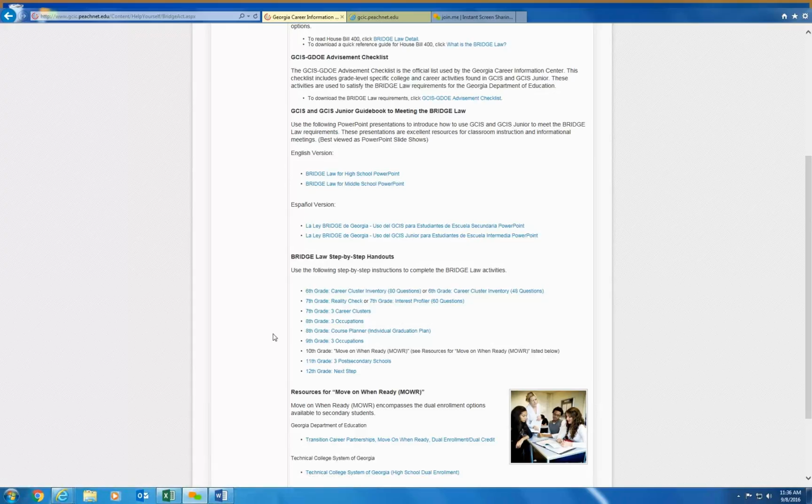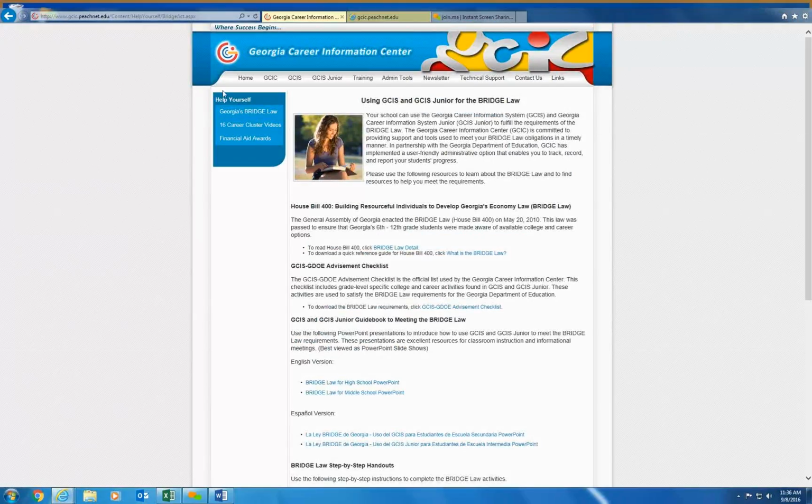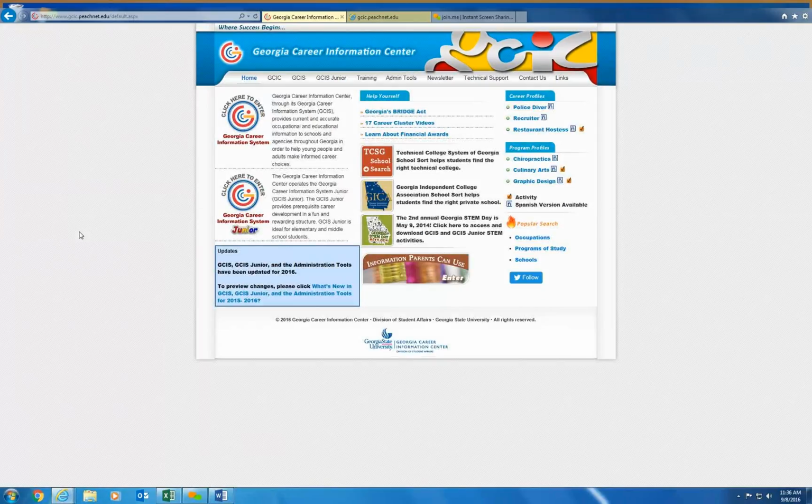So let's go ahead and take a look at all of the information that is available in our system. I'm going to go to the upper left-hand corner and click on Home, and that will return me to the Georgia Career Information Center's homepage. If you look on the left-hand side of your screen, you have 2 icons that say click here to enter Georgia Career Information System, and click here to enter Georgia Career Information System Junior.